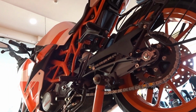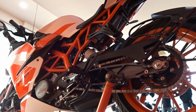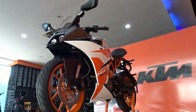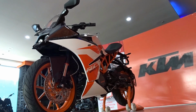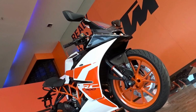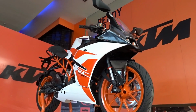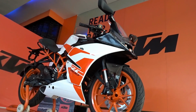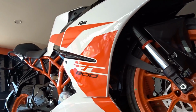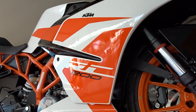First of all, the RC200 now comes with a BS4 compliant engine, which means it is now more environment friendly with reduced emissions. Secondly, we get this all new white and orange glossy paint scheme with a few black accents here and there. It sure does look a lot more attractive and striking when compared to the matte black variant that was available earlier, which in my opinion was a lot more stealthy in appearance. Now this new paint scheme will attract a lot more attention on the streets as you zip across the city